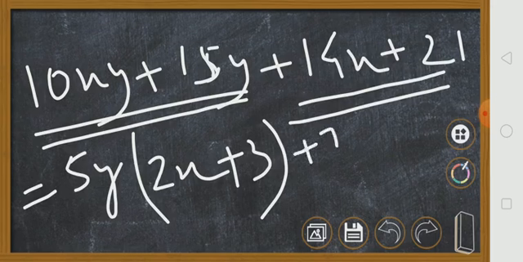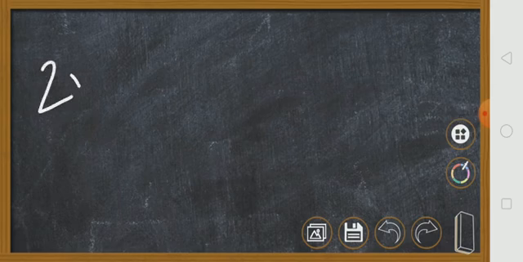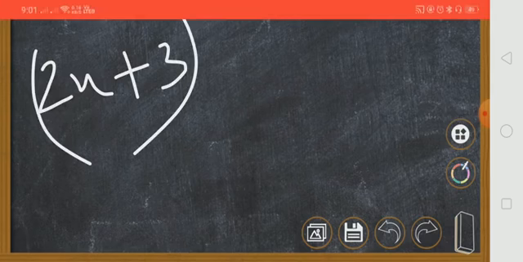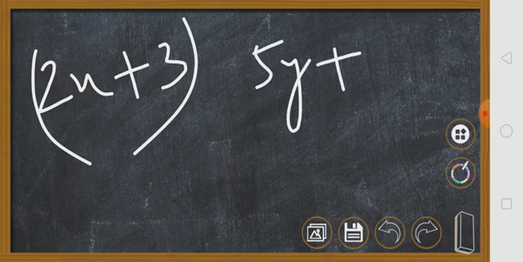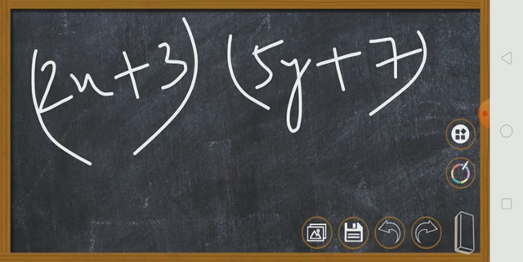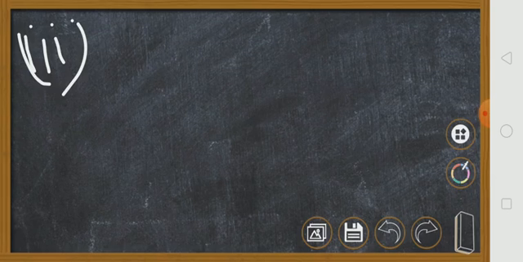Here you can take 7 common, no? So in the bracket you will have how much? 2x plus 3 again. Now you see the bracket part is the same, 2x plus 3 and 2x plus 3. So you can write one 2x plus 3, and another 5y plus 7. Is it clear? These are the two factors. Have you followed the method of regrouping terms? All right, now the next one, the final one, the third one, is the method of algebraical identities.